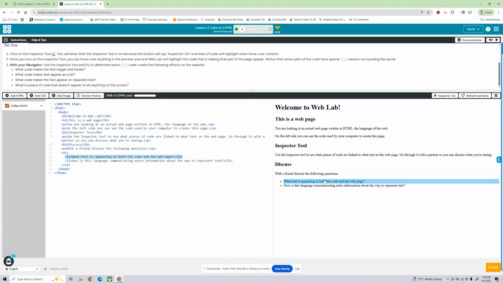And then finally we have a list, an unordered list, which starts here on line 12 and ends that list on line 15. And you'll notice something important here. Let's just go back up to the top, for instance. Hovering over Welcome to Web Lab. There we go. Right. The start tag